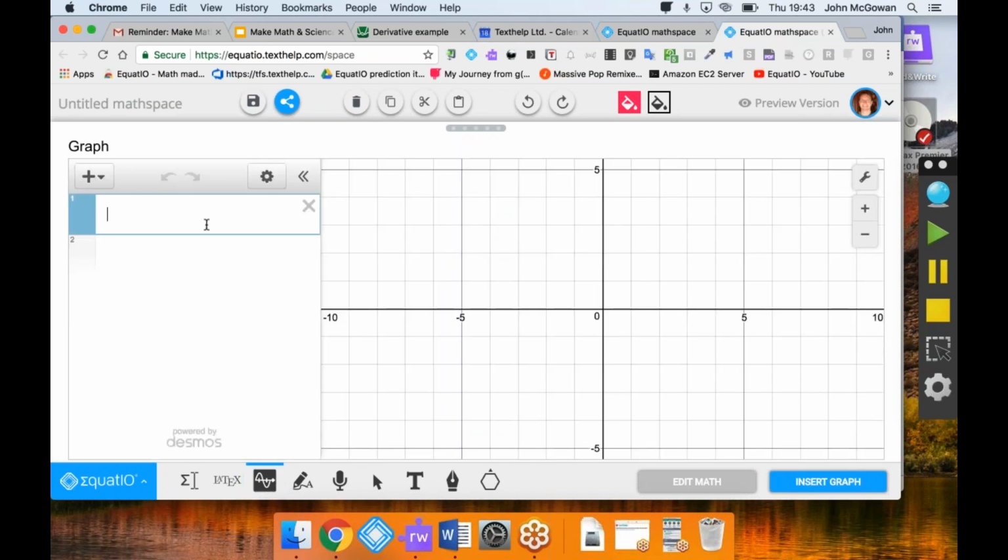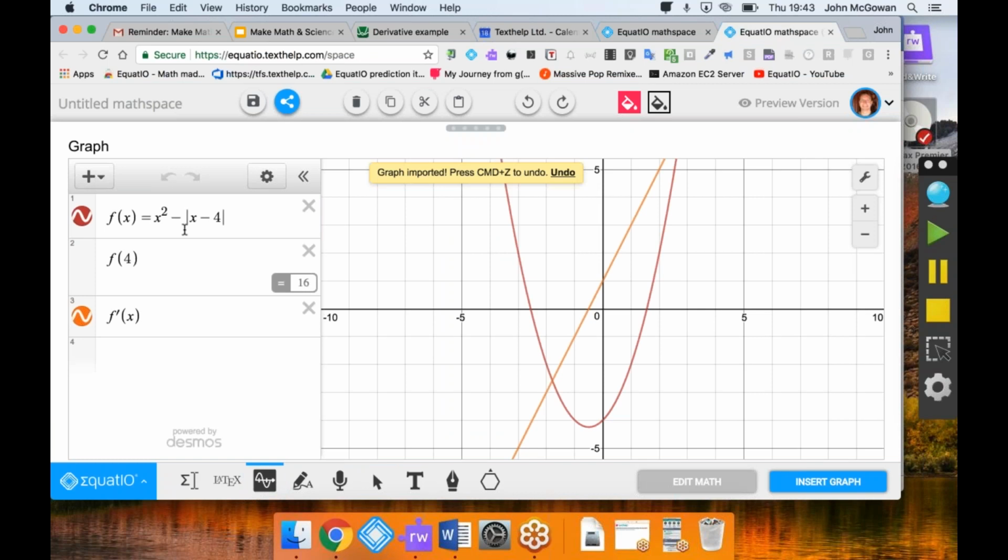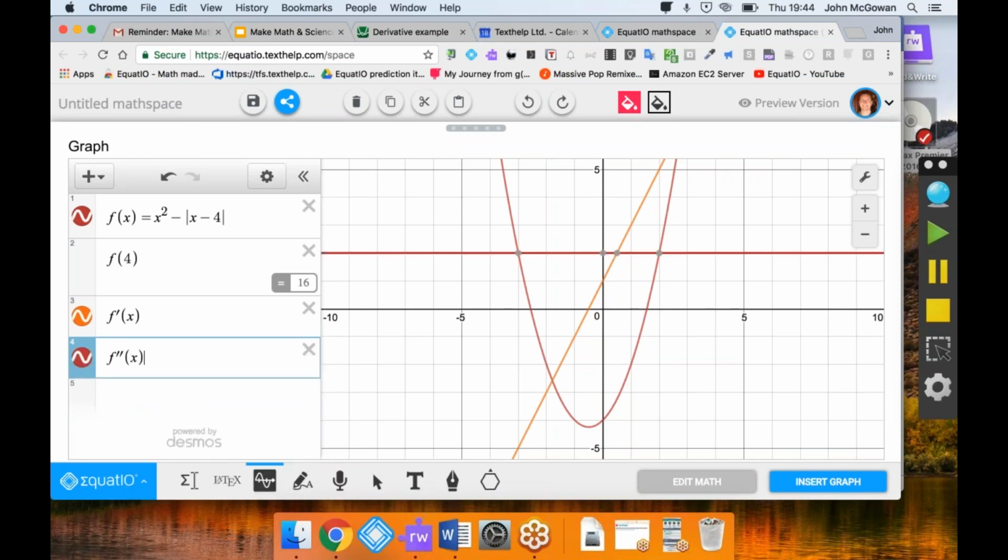So I want my students to maybe interact with this. And so I can write f of x at a graph, and I can just say what's f of 4, it's 16. It'll even graph f of x, f prime of x. Maybe I want f prime, and then do prime again. So I want to know f double prime. And so what is that going to be? So I can literally just use that prediction, and then it'll graph that,